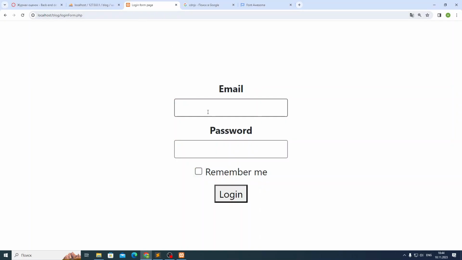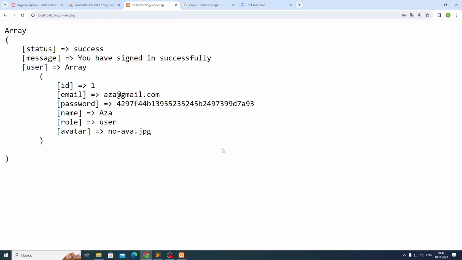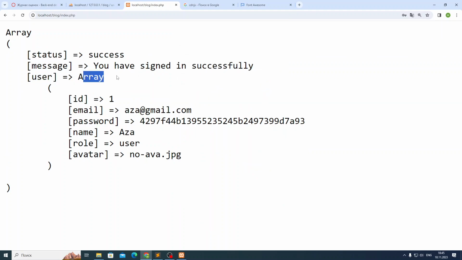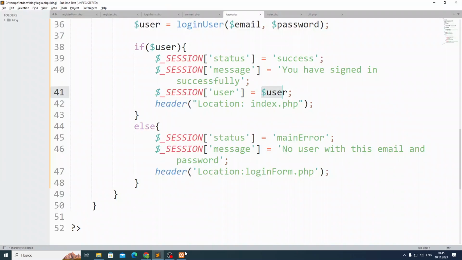So let's go, guys. Let me update it, as@gmail.com, password, login. You see, guys, I have user. Under the user, I have an array with the ID, email, password hash, and so on. So this is a good way to store the whole data of a user. We will need everything, guys. We will need all these things. Is it clear, guys? Yeah. So this is like the start of your